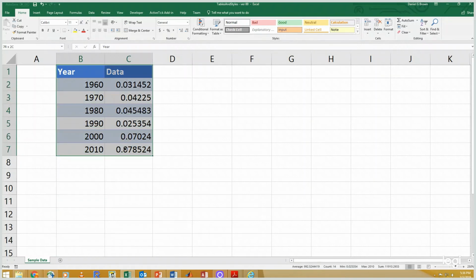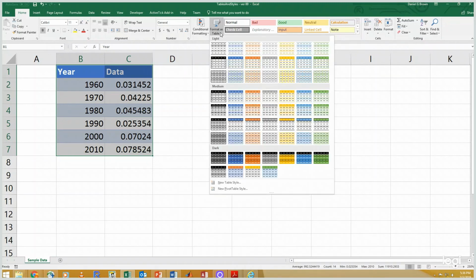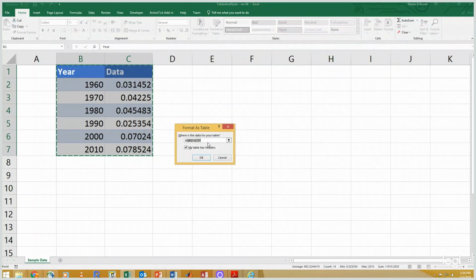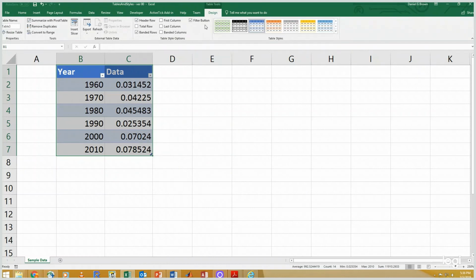Again, to create the table, select the range, format as table, click OK, and then a good thing to get in the habit of is to name it something